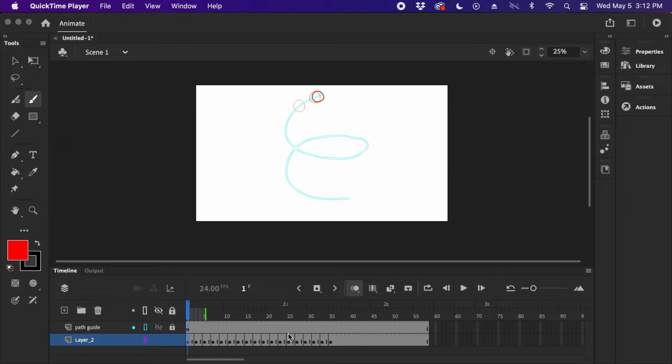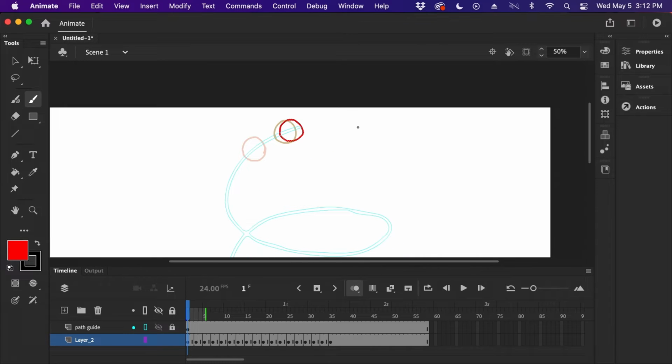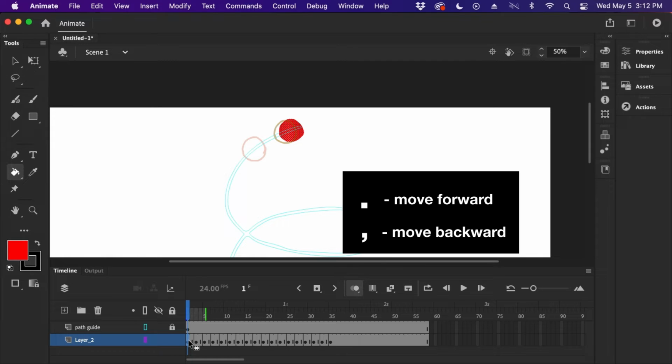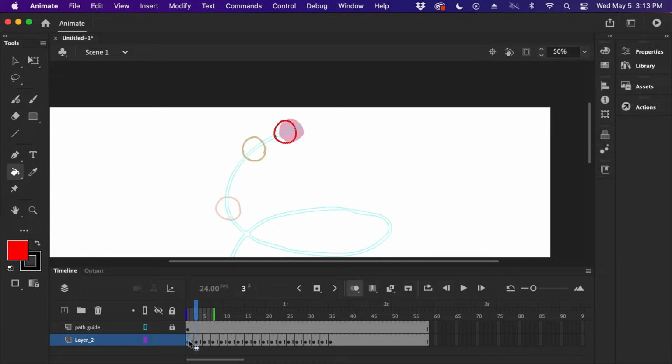In order to do that, let's first color our circle. To color our circle, let's click the paint bucket tool, or the shortcut for that is K. And then let's just fill up our circle with color. So I'm gonna move to the next frame. Again, to traverse our timeline so that we don't have to continually click this, it's on your keyboard, the period and comma. The period is gonna move forward, the comma is gonna move back in the timeline. So I'm currently on my paint bucket tool, so I'm just gonna do this.